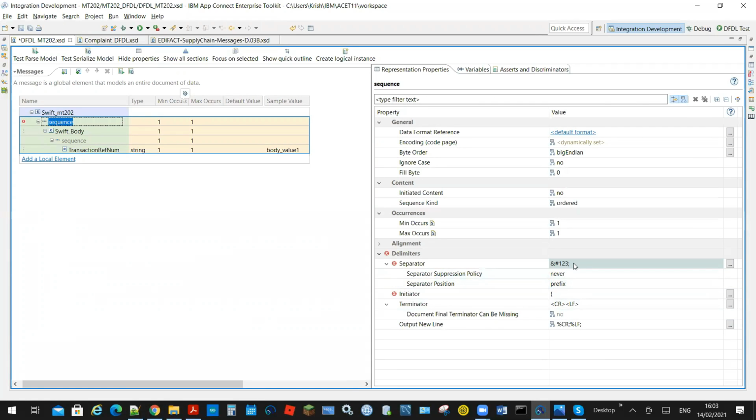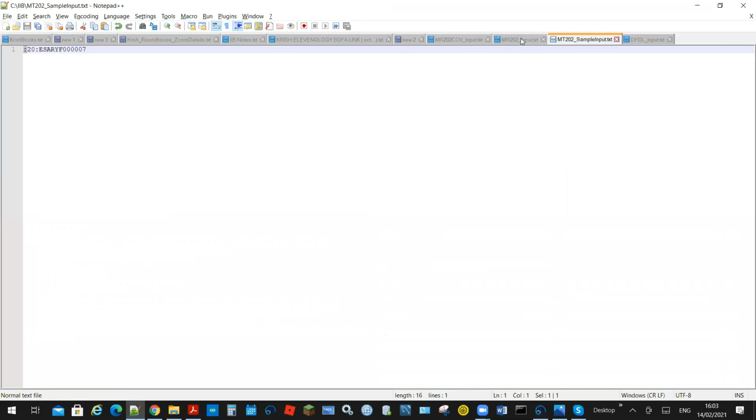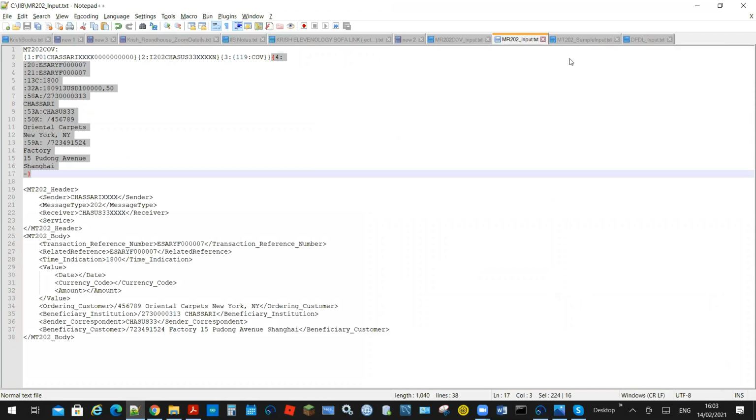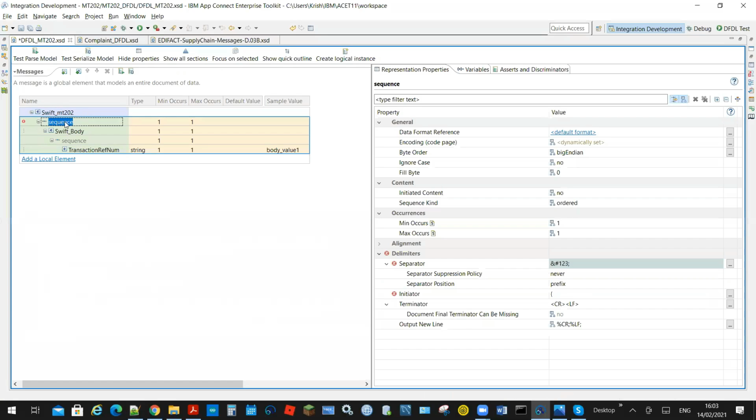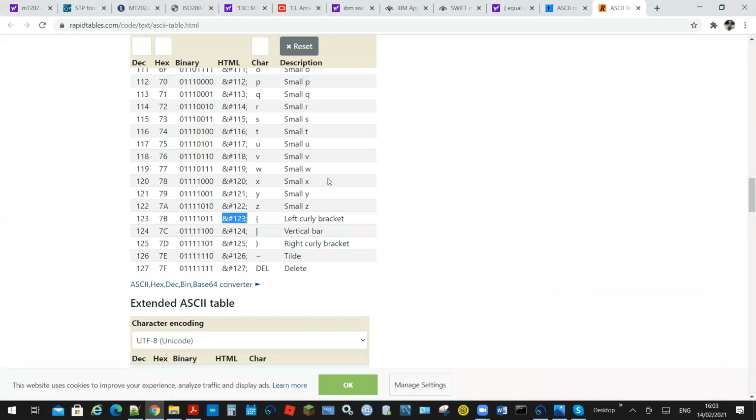And the initiator, you're getting an error. So take away the initiator. No, Vishnu, I messed it up because we are not using a flower bracket here, isn't it? I'm having a colon. So I want to parse this colon first as a group in a header. All right, so the colon is equivalent to